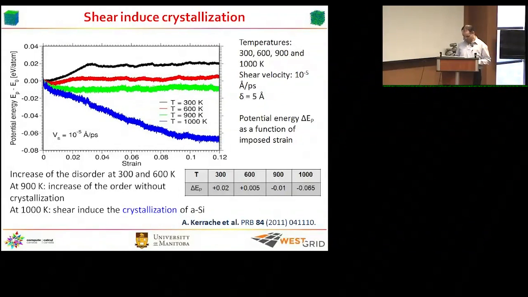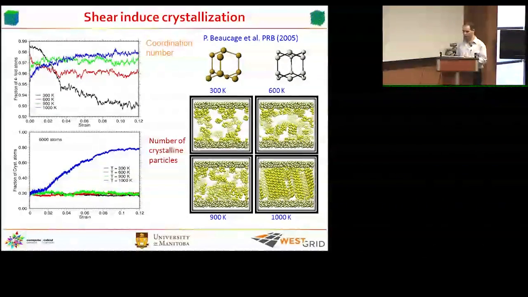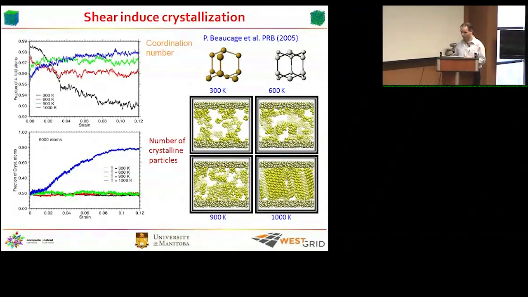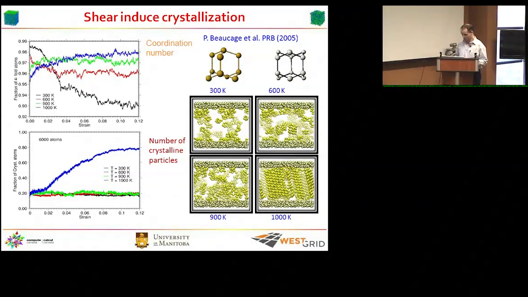Now, to analyze that, we use these small elements for the crystal. So we analyze the structure of the system based on this. For each atom, we look at the surroundings and compute the number of atoms that have one of these two particular structures,